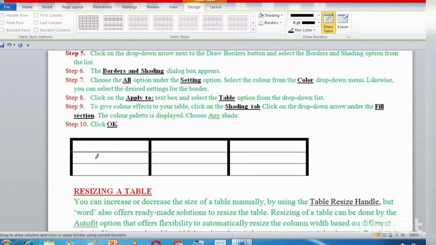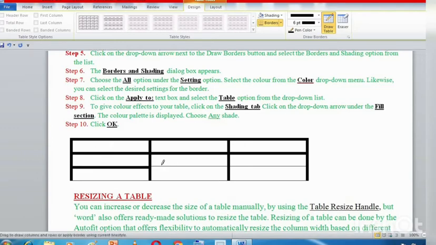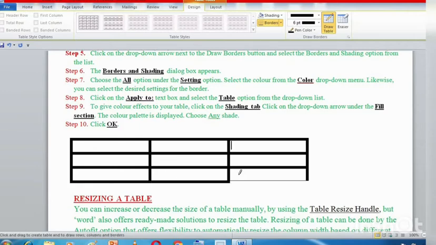Now see, this is a very tedious way to change the border and shading. Okay, this is a very tedious way. I'll show you one very easy way after this. See, I'm changing the line weight or the thickness of the entire table by choosing this line weight button.